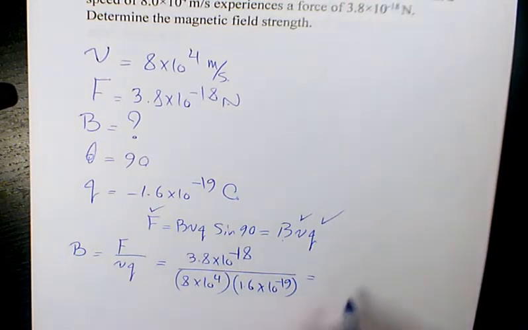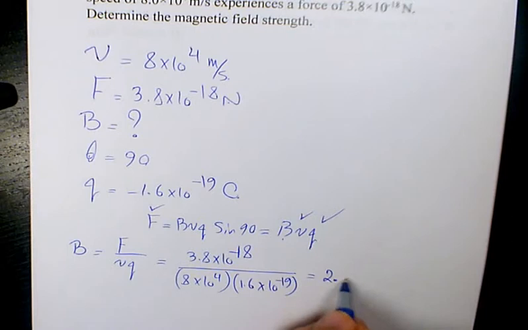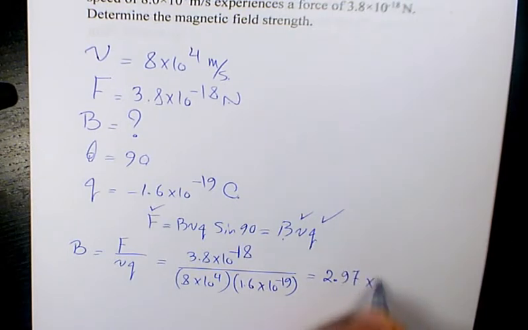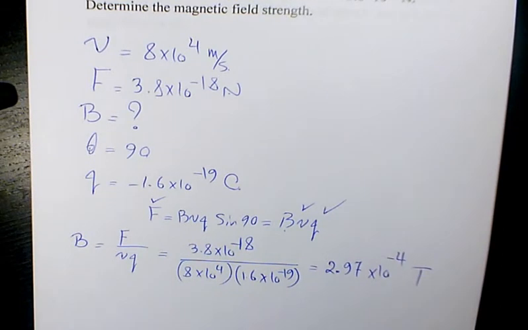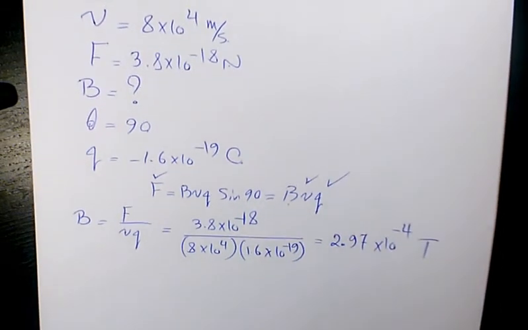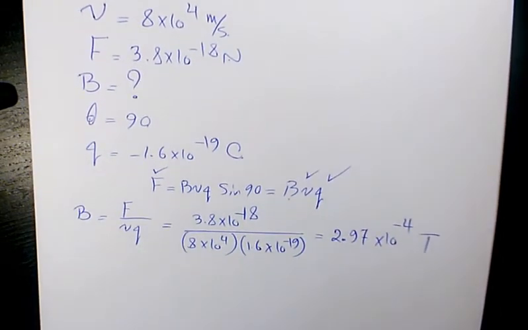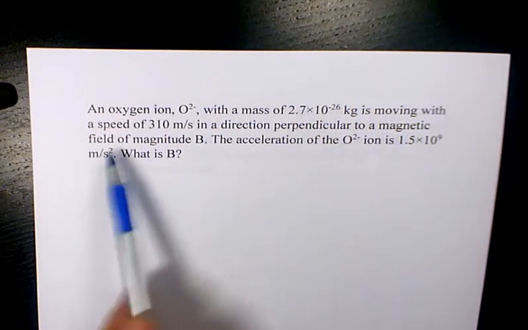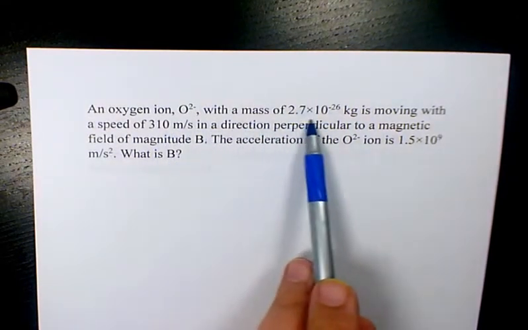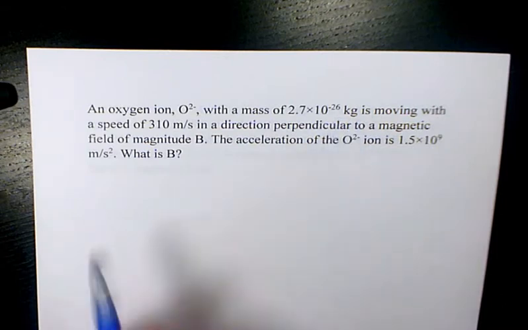That's going to be 2.97 times 10 to the power of negative 4 Tesla. 2.97 times 10 to the power of negative 4 Tesla is the magnetic field strength. Next example. An oxygen ion with a mass of 2.7 times 10 to the power of negative 27